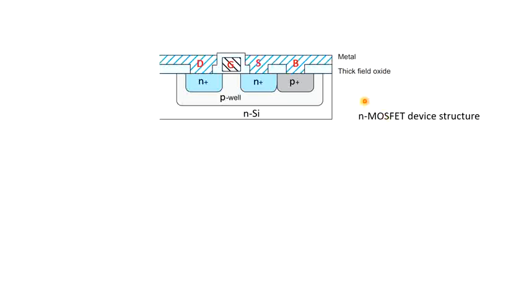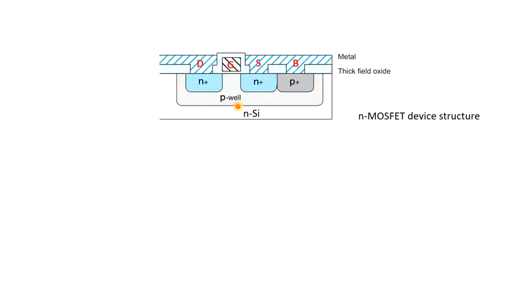Suppose to fabricate this N-channel MOSFET, what we have been given is an N-type silicon wafer. But as we know, to make an N-channel MOSFET we need a P-type substrate. So how to go ahead for that? First we have to make one P well in this N-type silicon wafer as shown here.